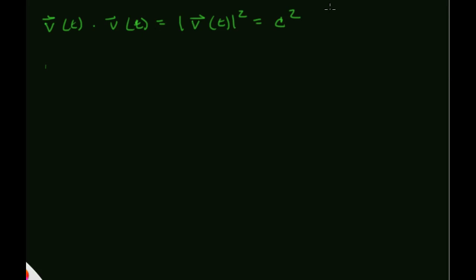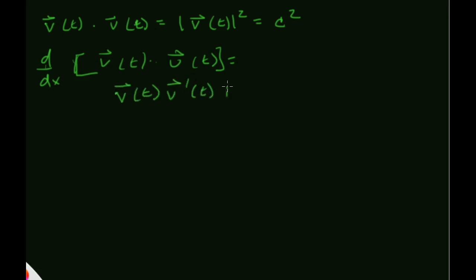Alright, so that's fantastic. If I take the derivative of v(t) dot v(t), that should come up as first times the derivative of the second plus second times the derivative of the first,